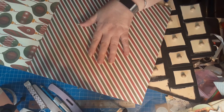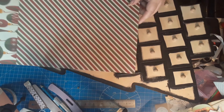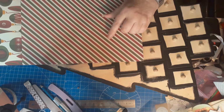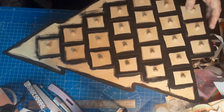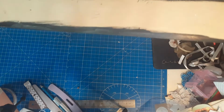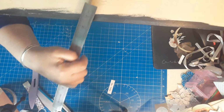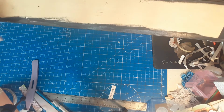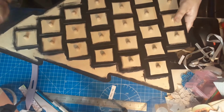So my second question to you guys, because I really need your help on this, is do I cover the front of my advent calendar with this paper, or do I just do the sides? If I lift it up, you can see the sides are quite deep. I think they're about 3.5, 4 inches. Oh, 3 inches. They're quite deep. So do I just cover this, bearing in mind that